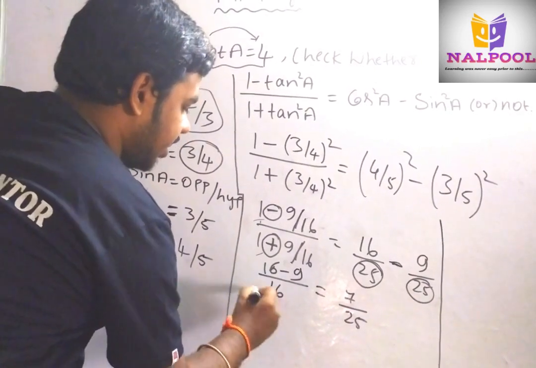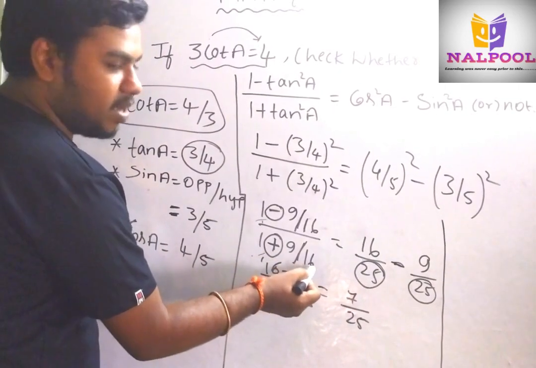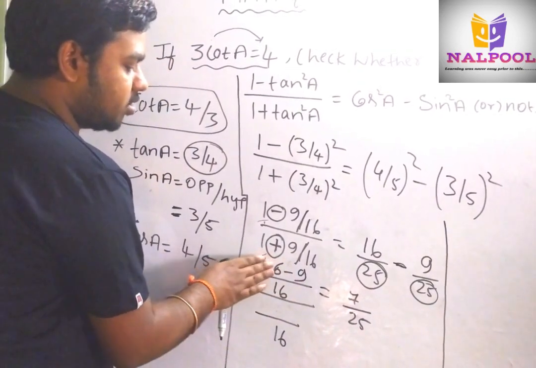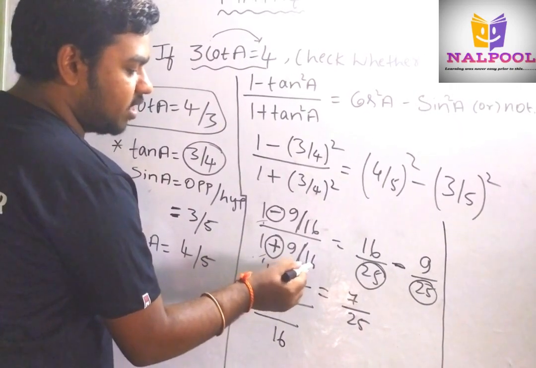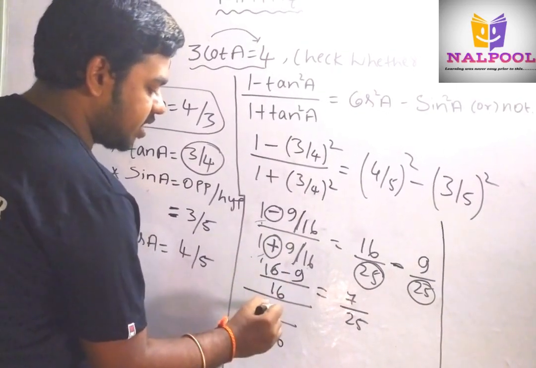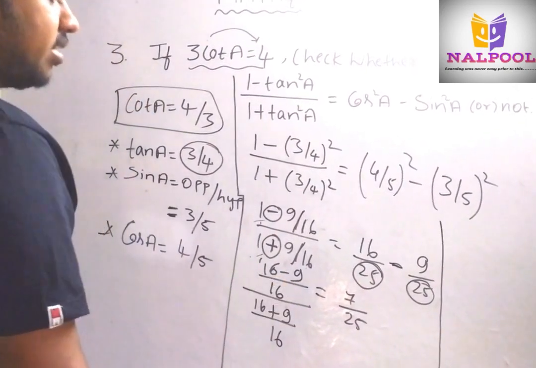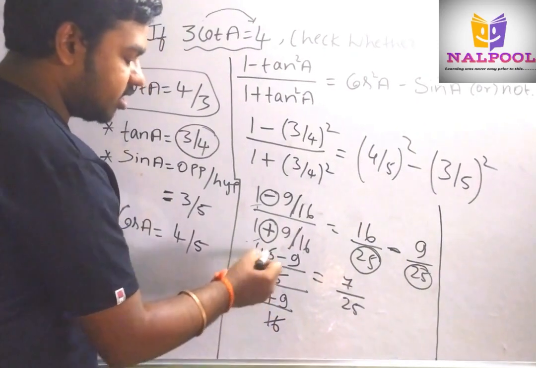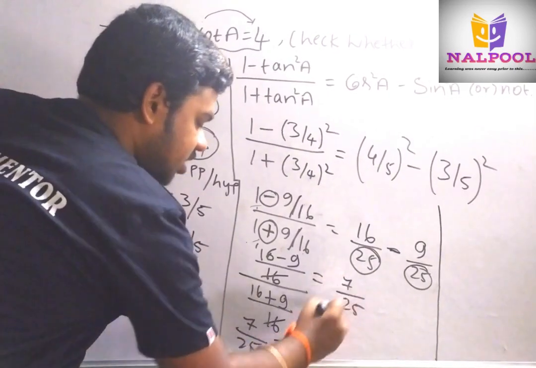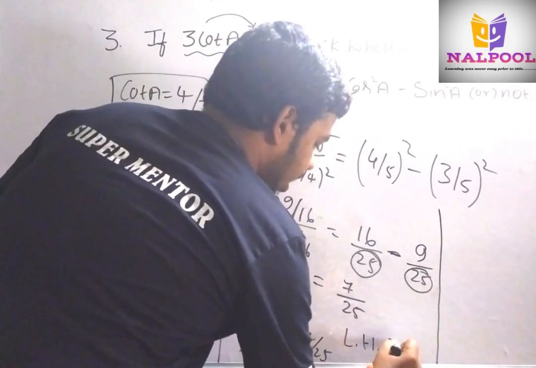Sorry. Here another fraction is there. No, we have to take the LCM for this one also. What is the LCM for this one? Simply multiply the denominator of this and this. 16 into 1, 16. What is the numerator? Close this denominator and multiply the denominator of the other fraction and the numerator of this fraction. 16 into 1 is 16. Carry the sign the same. 16 plus 1 into 9, 9. Therefore 16 minus 9 is how much? Here we can cancel 16, 16. 16 minus 9, 7. 7 by 16 plus 9, 25. Here also 7 by 25. Therefore LHS is equal to RHS.